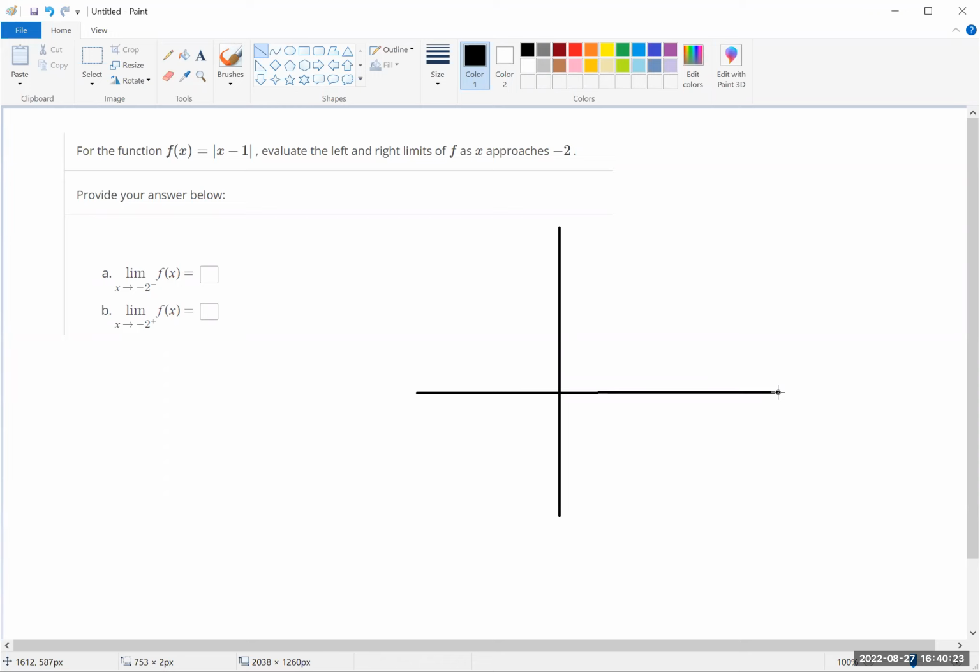So it's an absolute value function. And if you remember your transformations, then you know that we need to shift that curve to the right. So the original